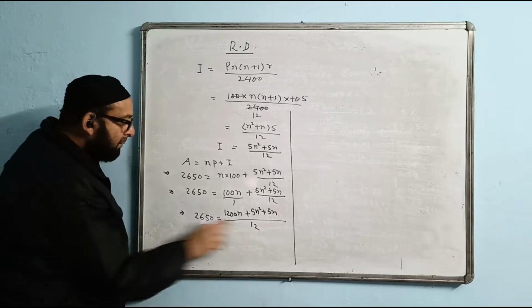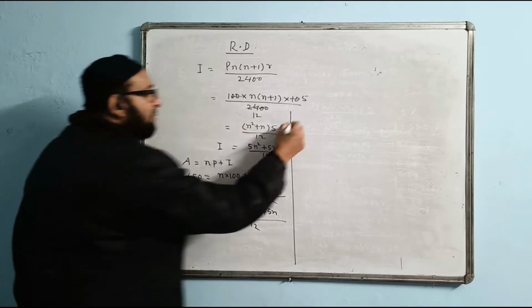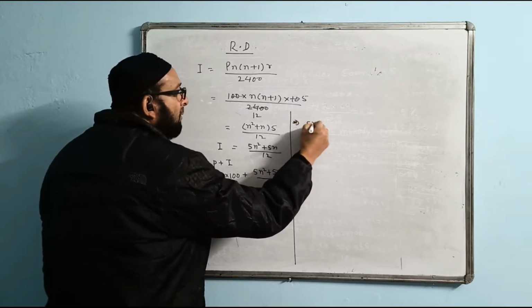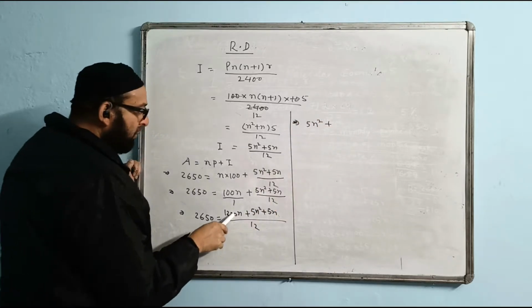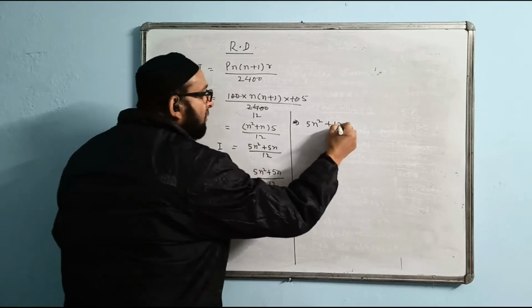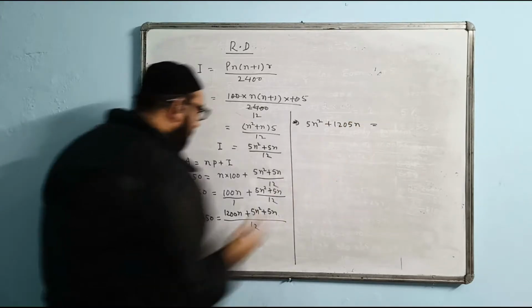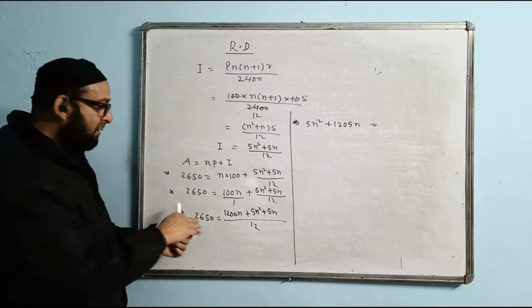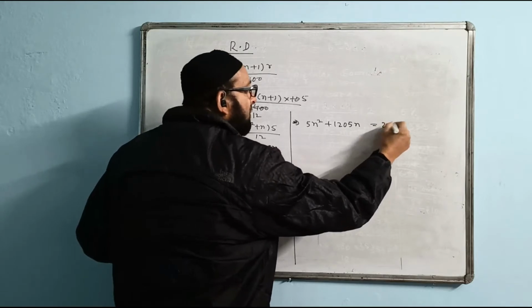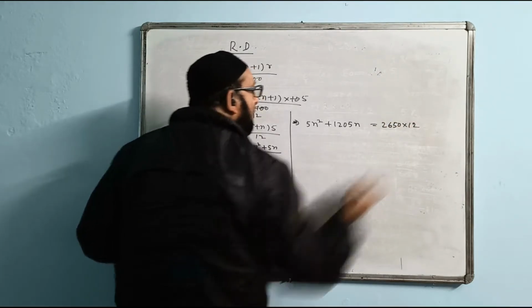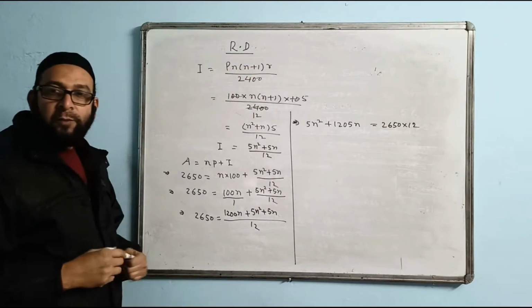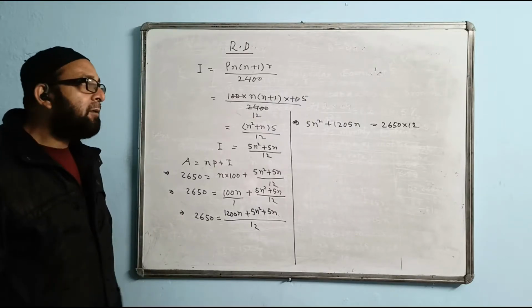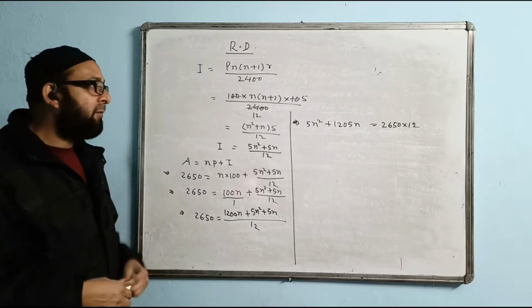Now I do cross multiply this multiplied by this. So first I write the value this side, that 5n square first plus 1200n plus 5n, 1205n, equal to 2650 into 12. Don't multiply, just write in multiplication form. Right, that is 2650 into 12. Into format you write. No need to multiply fully. If you want, you can multiply also, but it will only complicate.